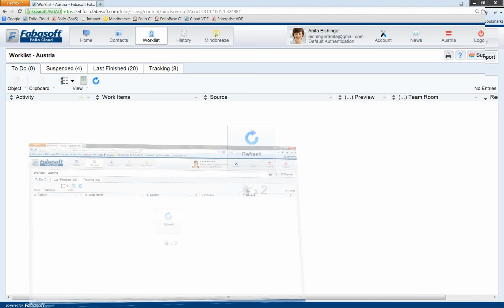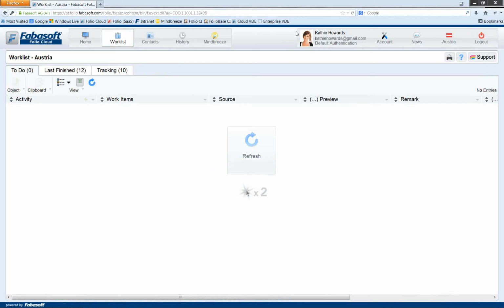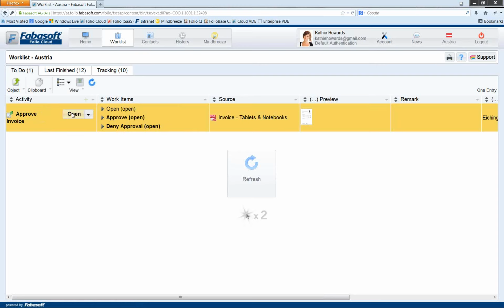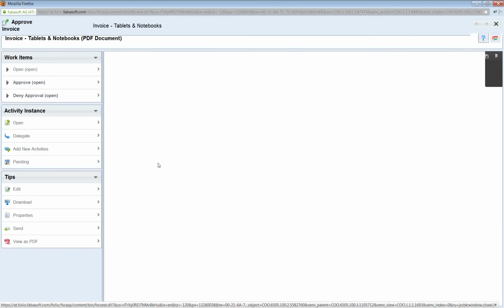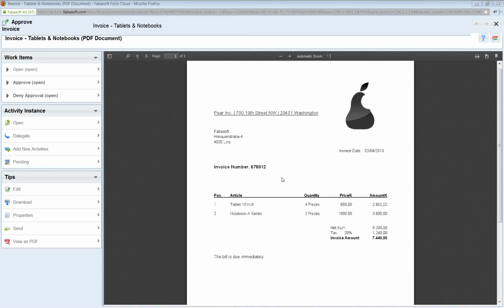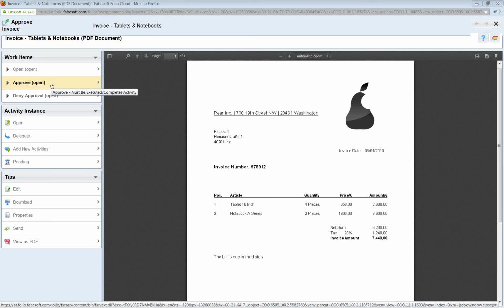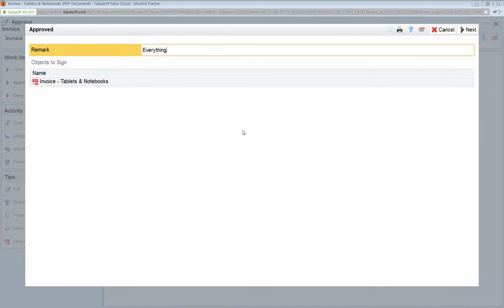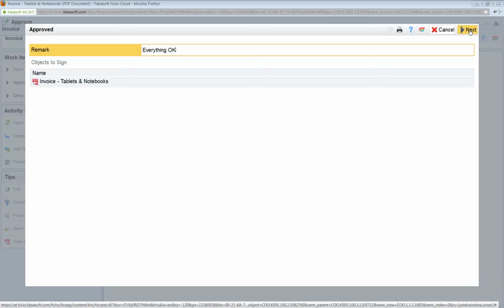Now I have to switch roles, and I switch my browser, and I'm now logged in as Kathy Howard, and I'm refreshing my work list. And now as Kathy Howard, I have a new activity in my work list, approve invoice. I can open this activity. I see the PDF content of the invoice, and see, okay, everything is okay, and approve this invoice. Just click approve. I can add a remark. Everything okay, and by clicking next,